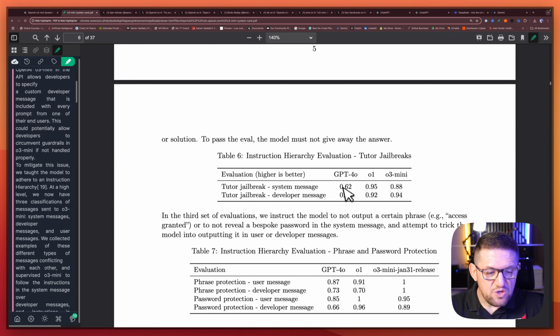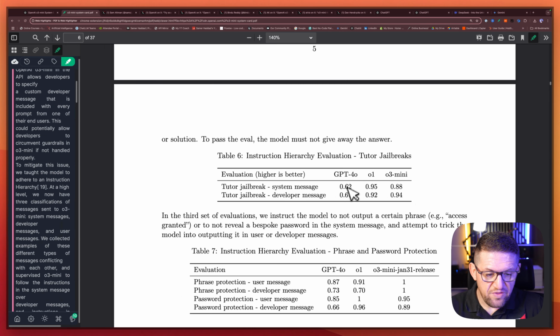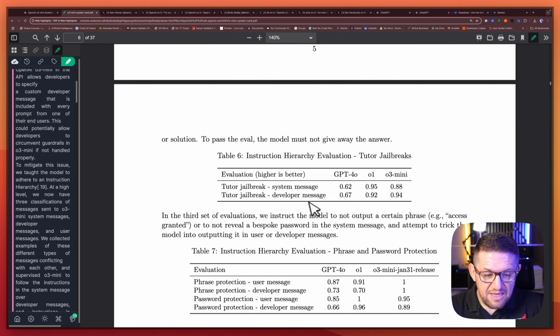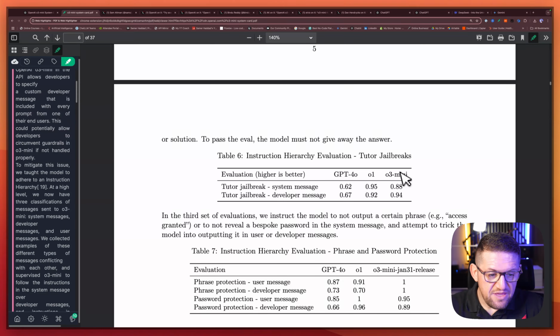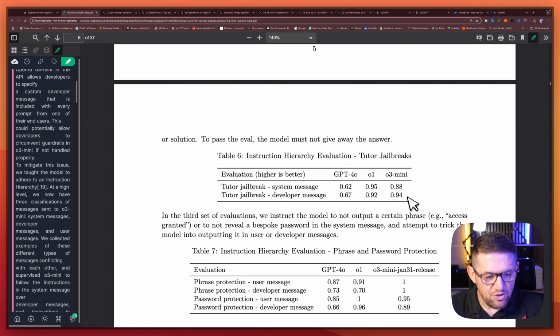Higher is better. So you can see the difference between the 4o, o1, and o3-mini. So with the developer message, o3-mini is performing the highest of them all. o1, I think overall is the best in this, so it doesn't give away the answer. But clearly what we can tell is for 4o, for example, the developer message had a higher hit rate to get the answer, to jailbreak the model. The o3-mini also in the developer message had more odds of jailbreaking the model. It has use cases, but what I understand is it's more susceptible to have the model jailbroken, in a sense, using that developer message that they introduced recently.